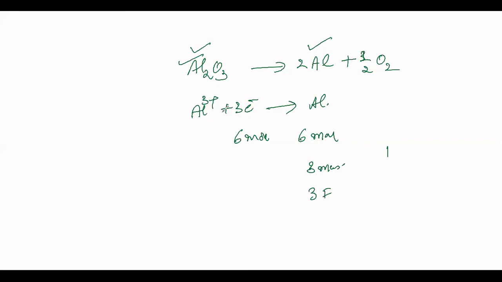When charging happens, the cell behaves like an electrolytic cell. Anode will be cathode, cathode will be anode, but it has to come back to that only, isn't it? So considering that fact, you have to see the options here.